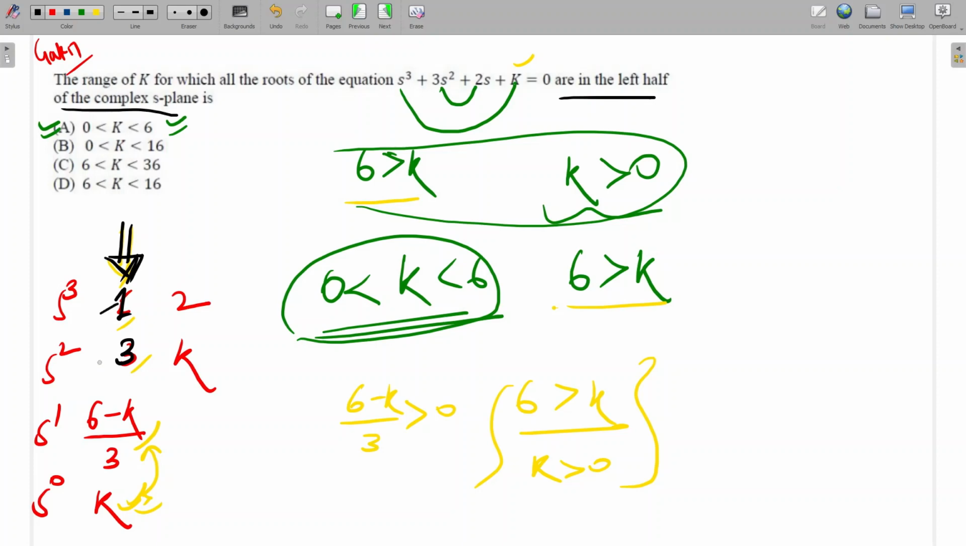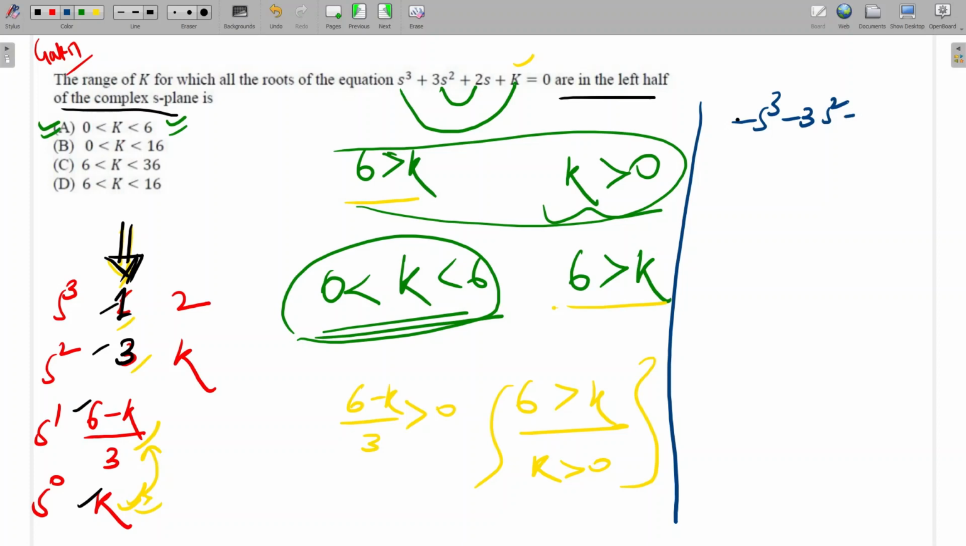Positive means this should be positive and this should be positive. So if k is given as negative, then it will not satisfy the rule, since k is an applied constant only. Another case can be formed like this. These two elements will be negative. Let's say I'm framing a new question. So let's say minus s cubed, minus 3s squared,